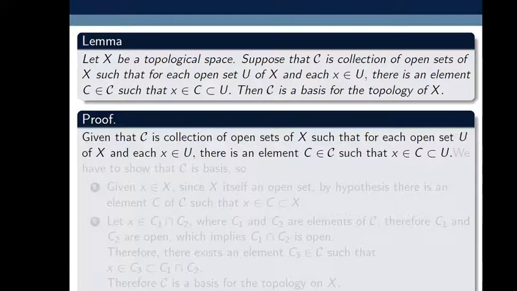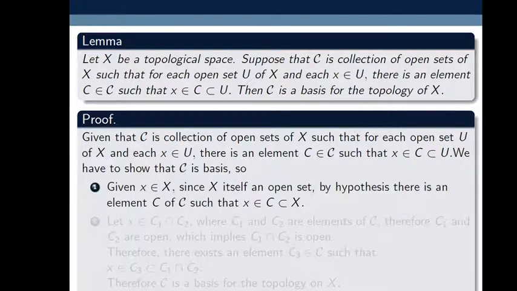So let's have the proof. Given that script C is a collection of open sets of capital X such that for each open set U of X and each x belongs to U, there is an element C belongs to script C such that x belongs to C and C is contained in U. We have to show that script C is a basis, so we prove two conditions. First one: given x belongs to X, since X itself is an open set.